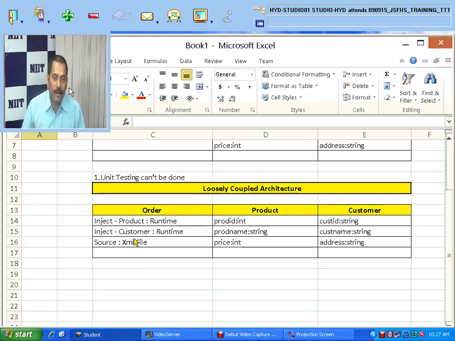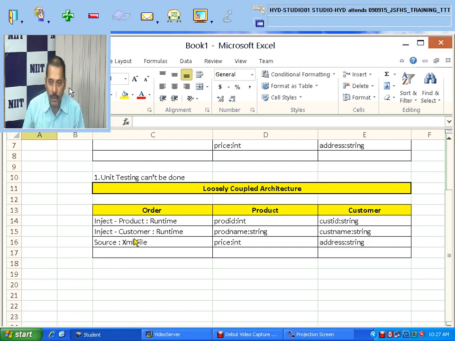The application objects, like order, product or customer, reside in the Spring container. That container enables the application objects to collaborate with each other for achieving the required application needs.